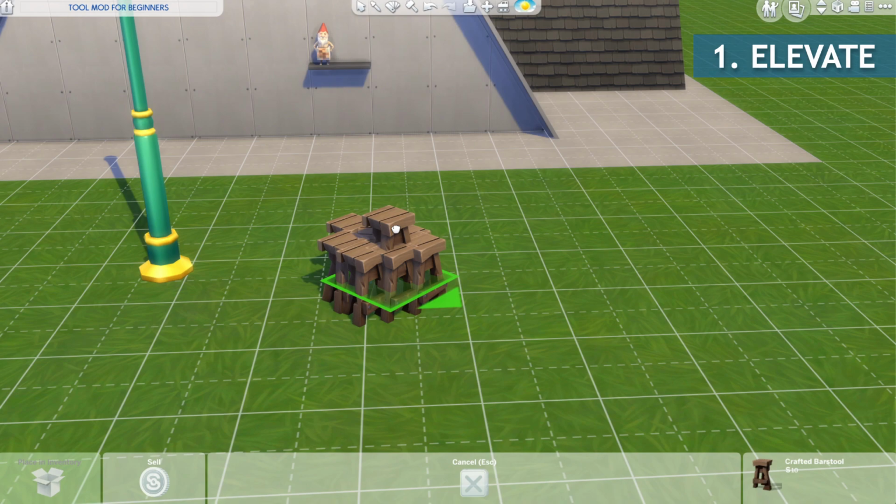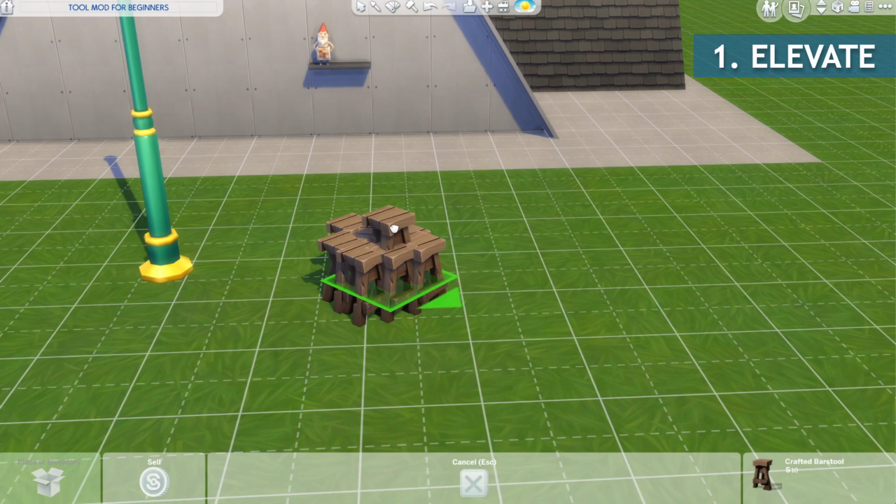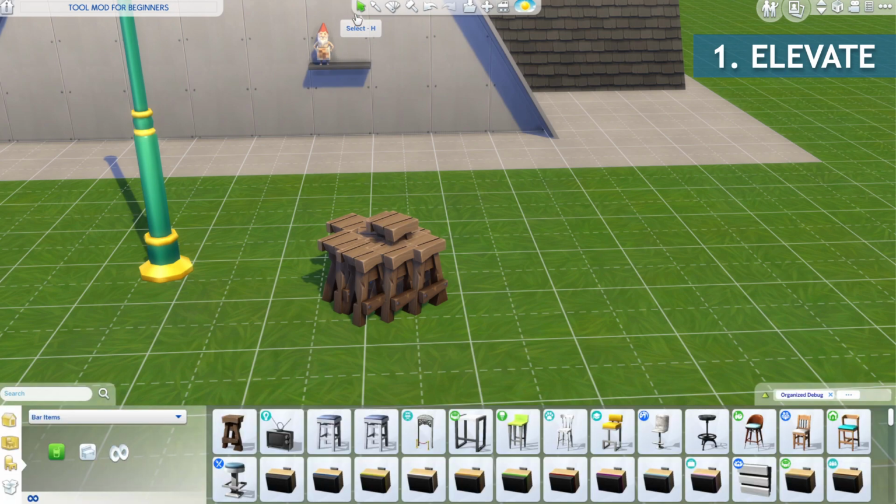So I'm going to hit the H key to go back to where I was. Notice how it popped out a little bit. See that? It pops out of alignment when I'm trying to move it around, and I haven't used the mouse, I haven't moved it, it just jumps. And many of you know what I mean when you're building and you're trying to create a custom object. Things will just pop out of place, which, in this case, isn't a real object that I'm trying to create, obviously, it's a mess. But if I've really tried to precisely place something in build mode and all of a sudden